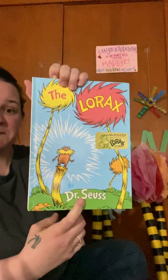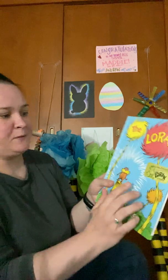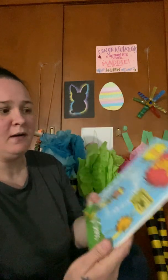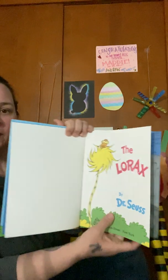And so this is by Dr. Seuss. He wrote the words, he drew the pictures, he's the author and the illustrator, and this is one of my absolute favorites. And this is pretty cool. It says there's something called the Lorax Project, and it's all about earth-friendly things. This whole book is printed on recycled paper. So this paper used to be something else, probably other paper, but it was recycled into the pages of our